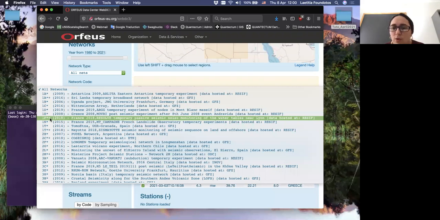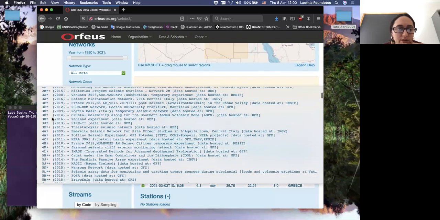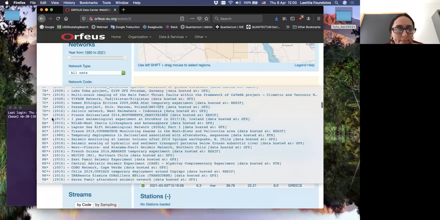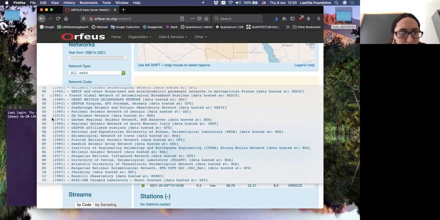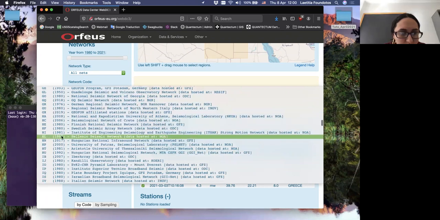And sometimes when you have this plus symbol here, it means that temporary networks can have restricted access. So when you want to download the data for specific networks of stations, you will be asked for a password. So this is restricted; you cannot download this data. Let me go down and search for the Greek network. The Greek network is this one, the Hellenic Seismic Network.